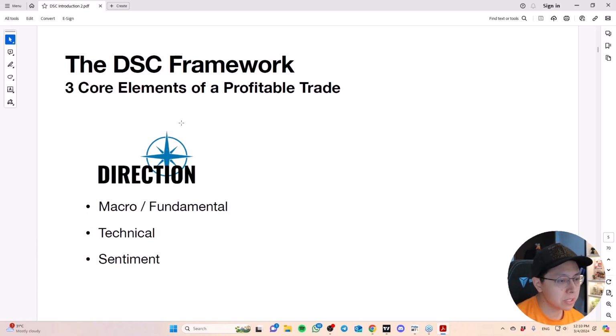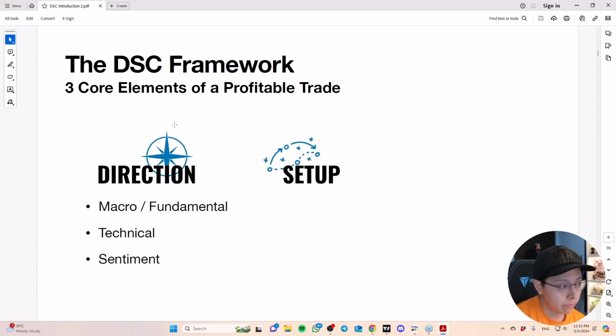Once you determine direction, a lot of times traders would just jump into the trade immediately, and that to me is not an optimal way of executing your trades. Even if you have a high probability of the market going up, it doesn't necessarily mean it's going to go up immediately. Sometimes it might take some days or even a few hours before the market eventually moves higher. And of course, you also don't want to buy in the market where the price is already very high, because then your risk to reward ratio is not great. That's where the second element comes in, which is the setup.